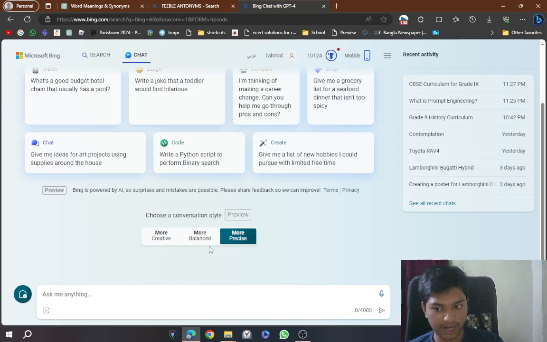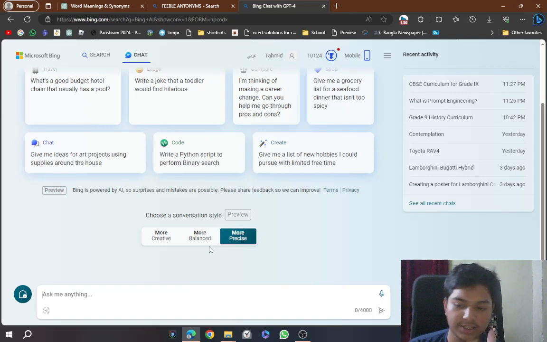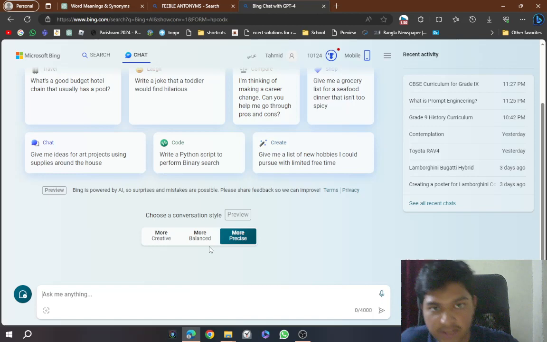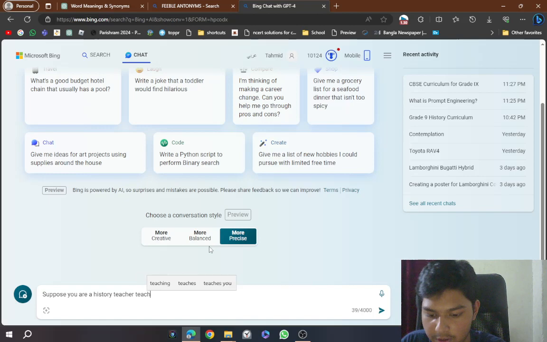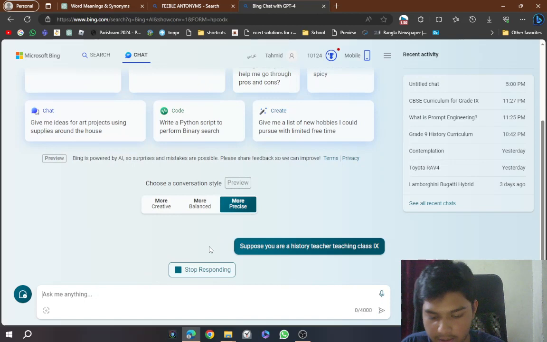So first, to do that, you must order the chatbot. You must give the chatbot a specific role. Giving a role to chatbots makes sure that the information that comes out is clear. So let's suppose: you are a history teacher teaching class 9,